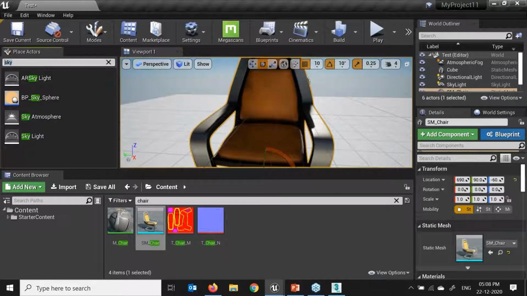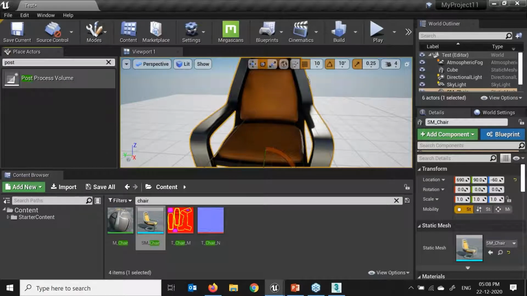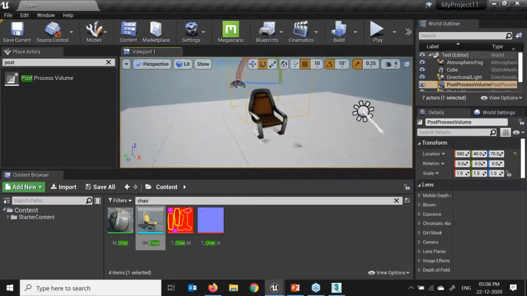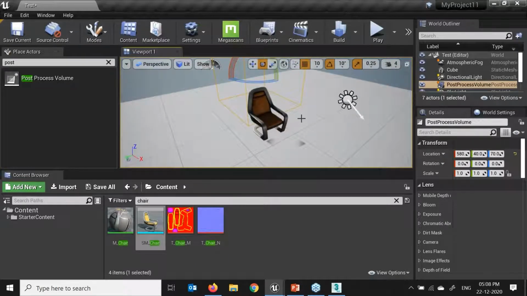Okay. So here I will add one more. This is called the post process volume. Now, why have I added the post process volume? For example, I've created a different cave or room in my scene. If I zoom in and zoom out, if I go inside that, automatically brightness and darkness will come.